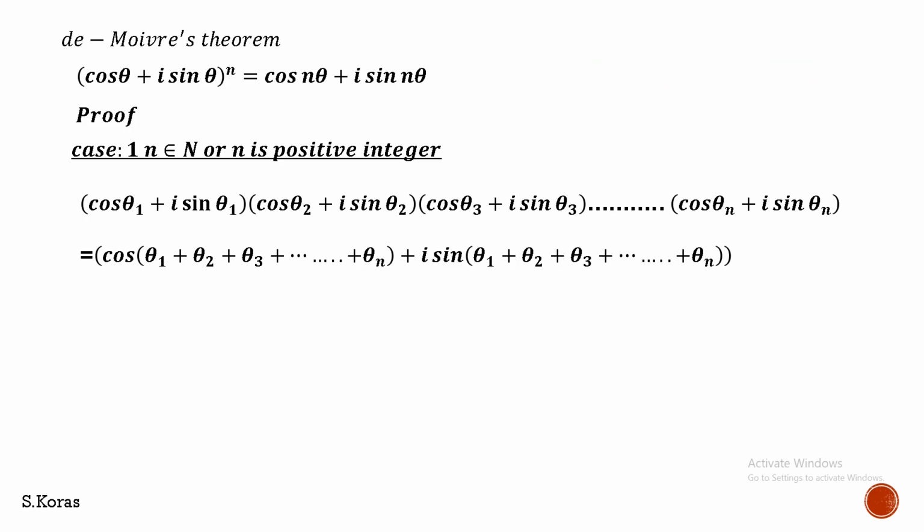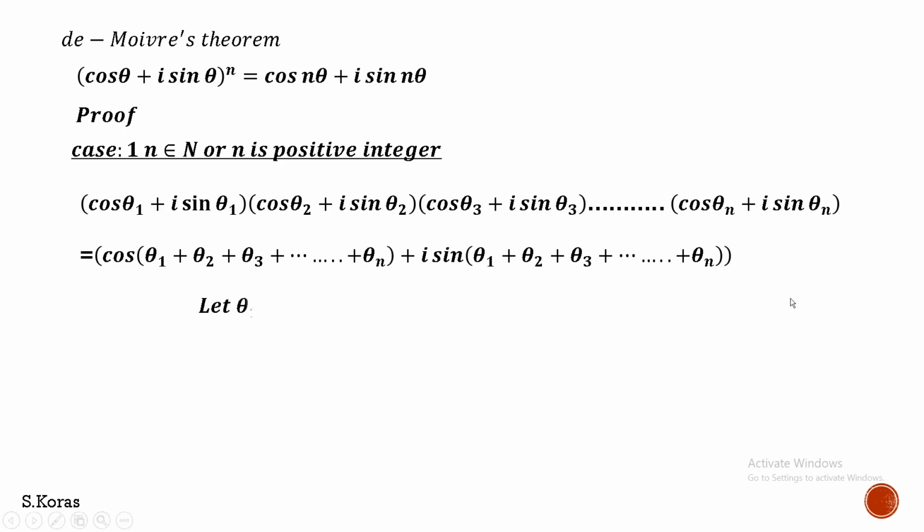So it becomes cos of theta 1 plus theta 2 plus theta 3, and it goes up to theta n. The same way i sin of the same sum. So now we have multiplied all these complex numbers. Now let us consider a small technique. We have to prove only (cos theta plus i sin theta) the whole power n, but we have so many angles. So what we are going to do is just consider